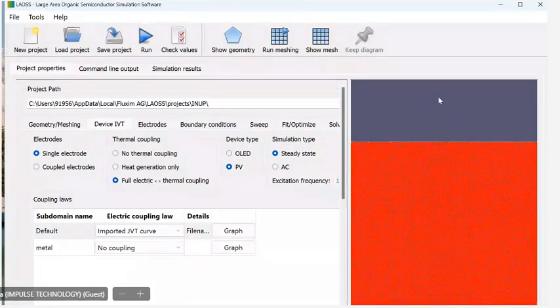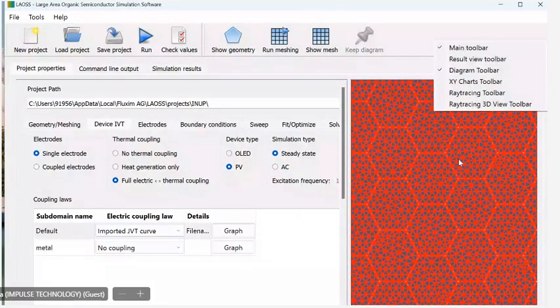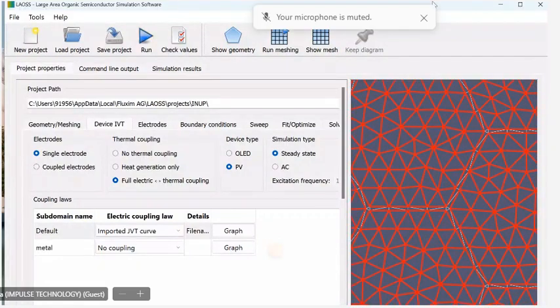The mesh has been assigned. Electrical thermal coupling is done. And then after applying the device IBT, current voltage, single electrode type, thermal coupling or device